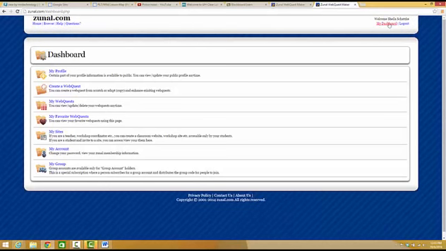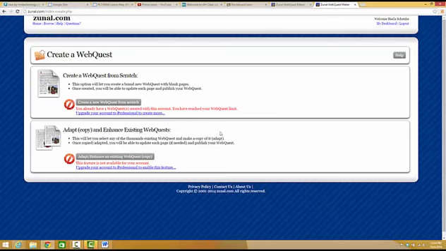And when you go to your dashboard, you'll see your profile, create a web quest, and you can see the ones that you've already made. If you go to create a web quest, it'll take you through all the steps. Create one from... it says you have already one web quest created in this account. You have reached your web quest limit. So let me go back